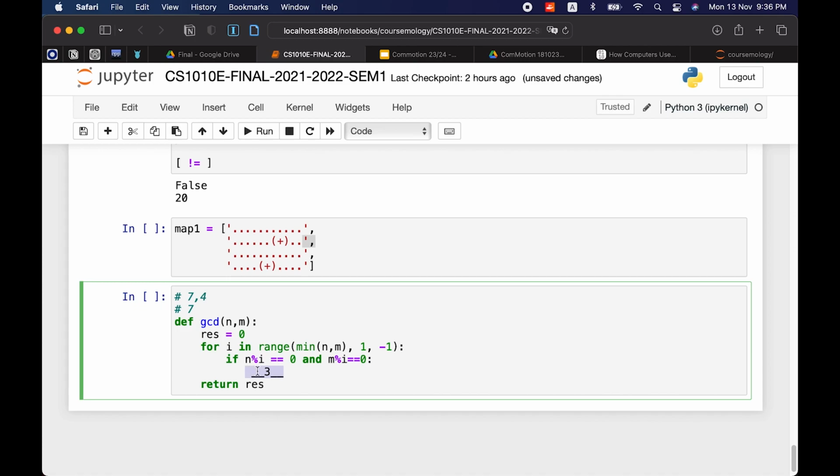If you start with the bigger one, I is going to start at 7 in this case.